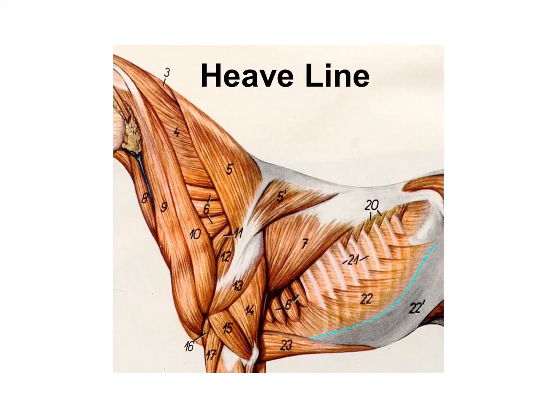Now, another thing that I mentioned is that there is a line of separation between the muscle part of the external abdominal oblique, which is number 22 here, and the tendinous part of the external abdominal oblique, which is number 22 prime. This line is this one here, the line that separates these 2 tissues, the muscle part from the tendinous sheet-like part. This line, especially in older horses,